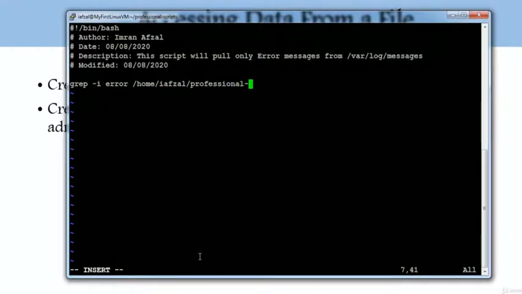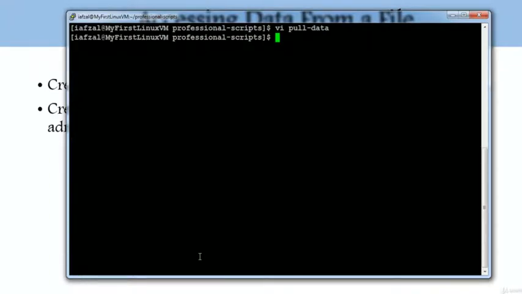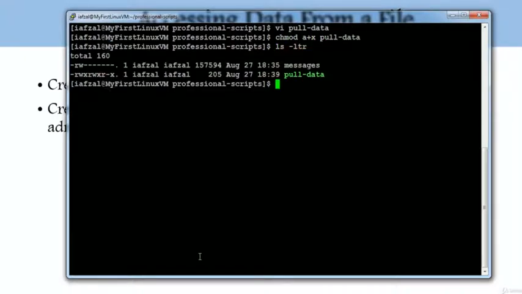Professional scripts. So for now, just run that and just make sure it works. So Ctrl+C to quit, real quick, enter. Now the next thing you have to do is give executable permission to pull data, ls -ltr, and you'll see our first script is created. So when I run that pull data,